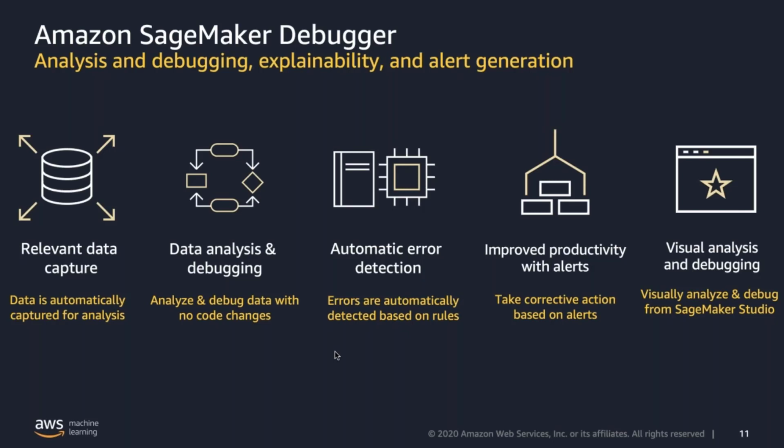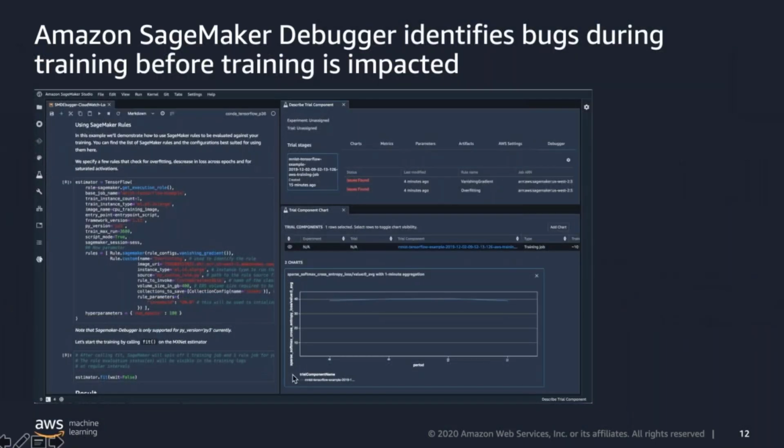As a result, SageMaker Debugger reduces the debugging effort for machine learning models from days to minutes by providing complete insights into the debugging process. The data that's collected by SageMaker Debugger remains in your account, and only you have access and only you can see it. So to give you an example of how SageMaker Debugger would look like in your Studio environment, here